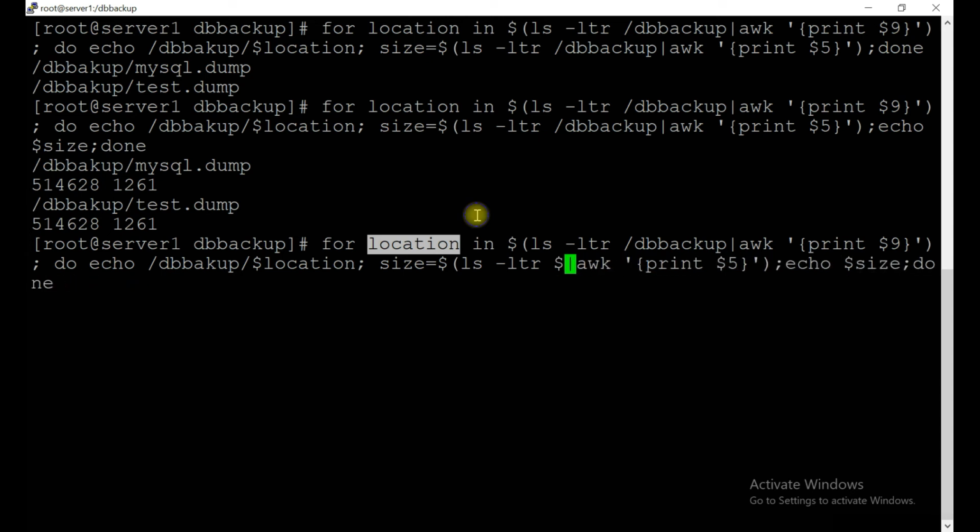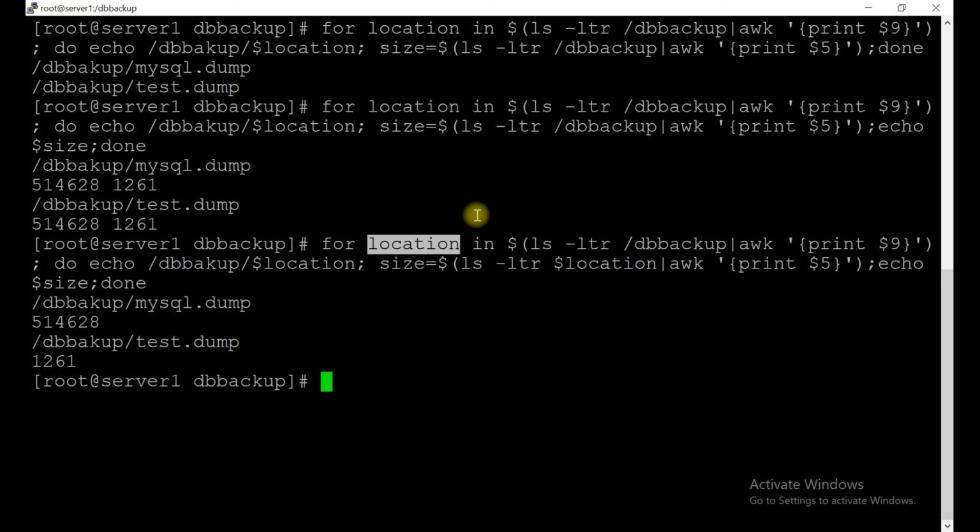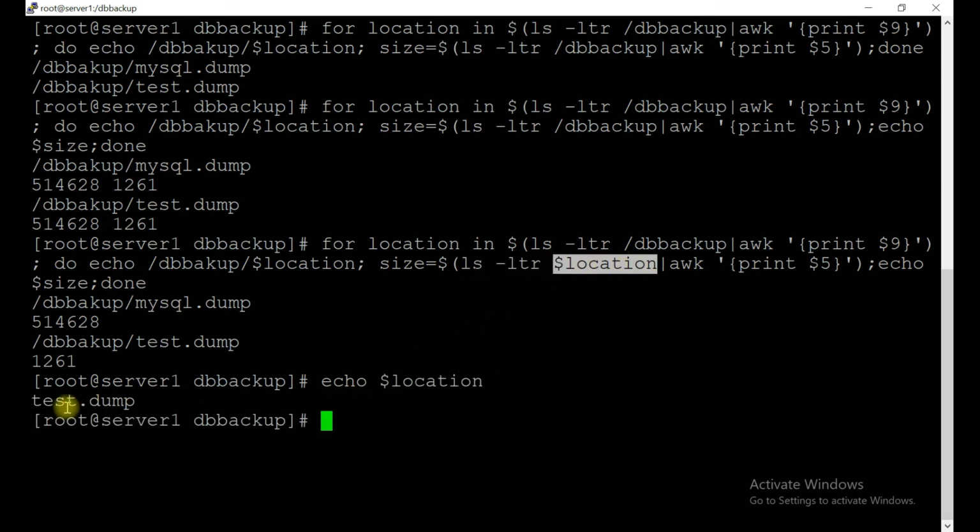Okay, so it should be location, and let's see the output. Yeah, now correct, because what we have done is ls -ltr, and the value for this location is, first time it will come MySQL, and next time it will come testdmp. Okay, we only do ls -ltr test dump.